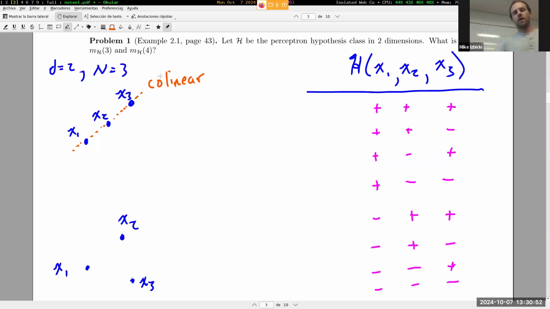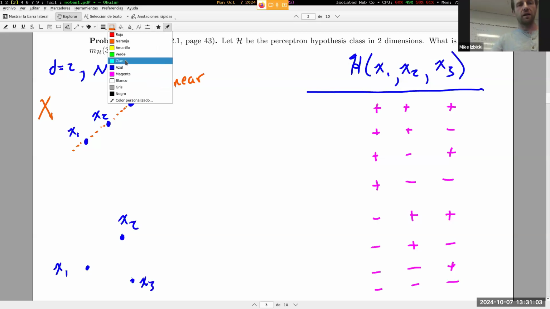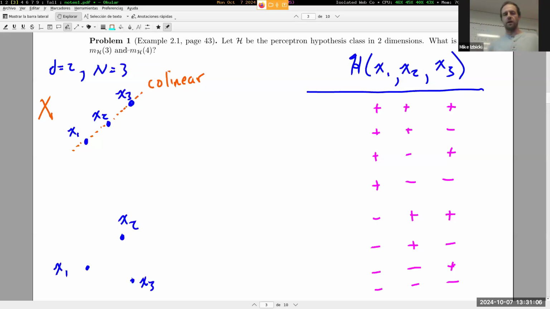So as an example, we're looking first at this. Let's see, I'm in orange right now. So this is my orange data set. I'll call this capital X sub 1 for my orange data set over here. And recall that the perceptron hypothesis class is a straight line that we draw somewhere in our space of points. And so one possible perceptron hypothesis would be this one right here. And in this case, I could put, say, the positives on this side over here and the negatives on this side over here. And if I do that, this hypothesis, I'll call it H1 right here,